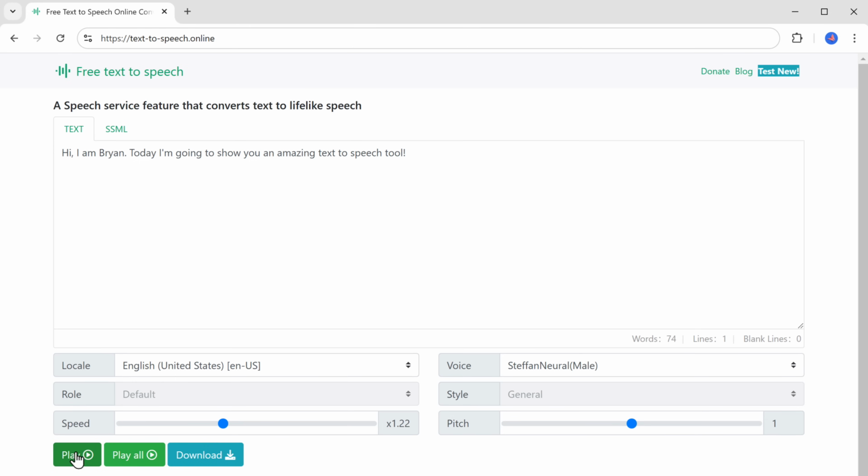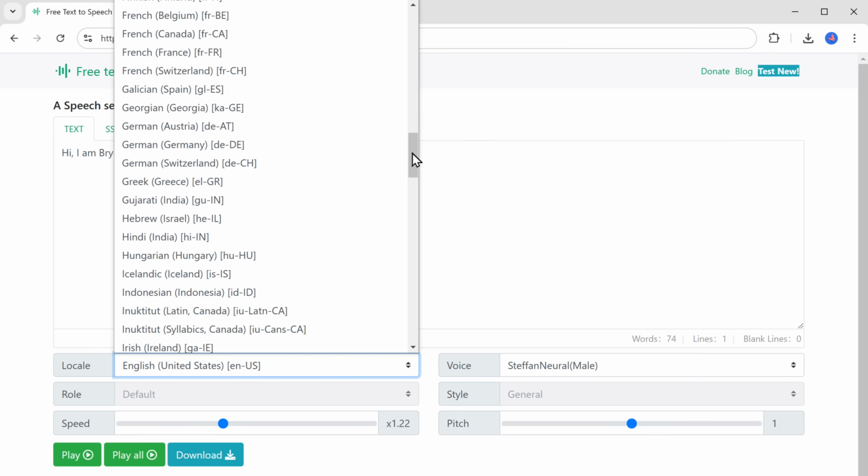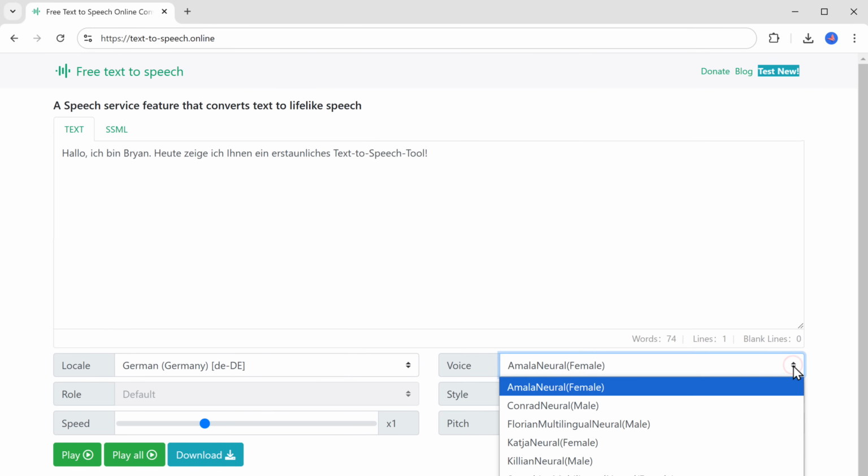And now it sounds perfect. You can download it by clicking here. Next, let's see how it works in a different language. I'm going to select German. I will also select a different voice this time